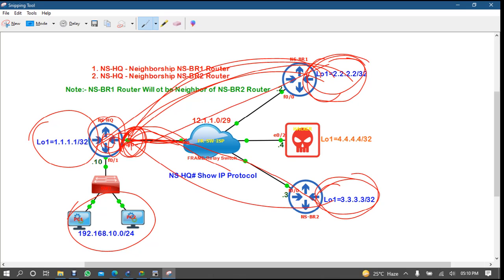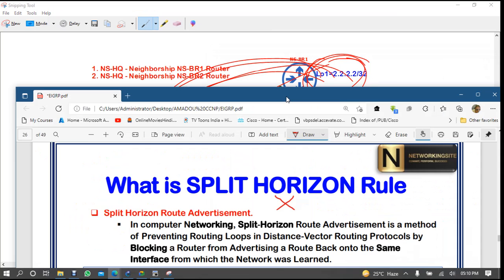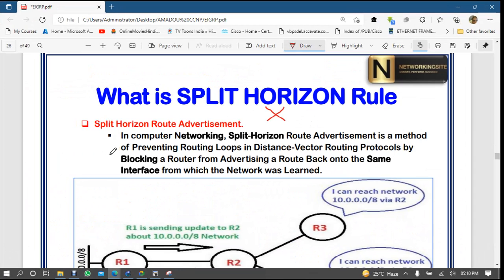So in computer networking, split horizon route advertisement is a method of preventing routing loops in a distance vector routing protocol by blocking a router from advertising a route back on the same interface from which the network was learned.